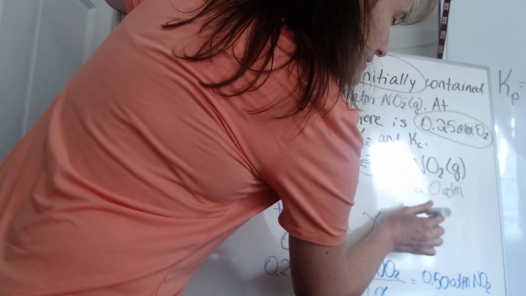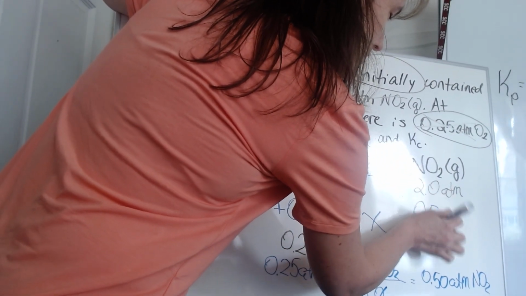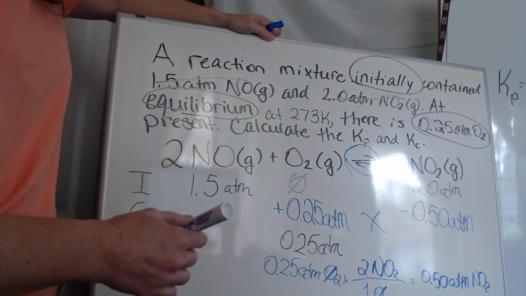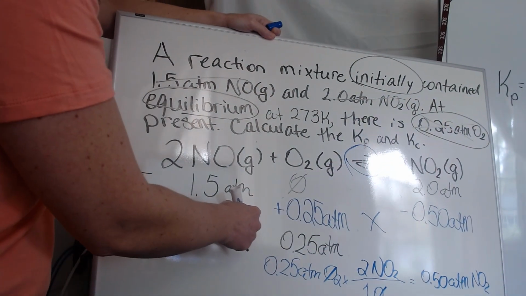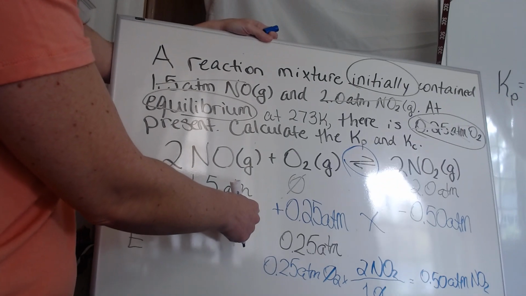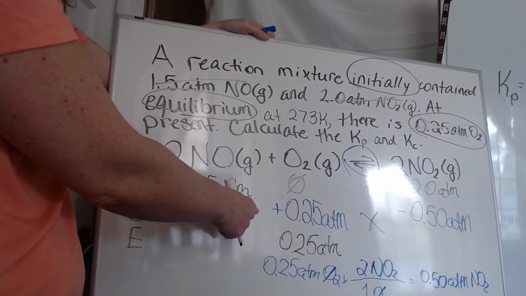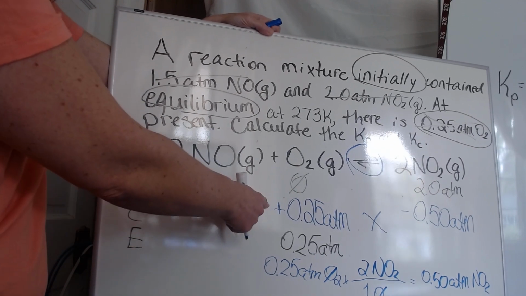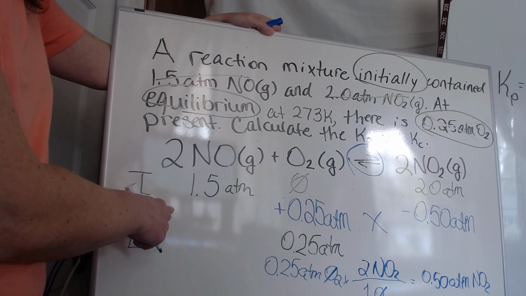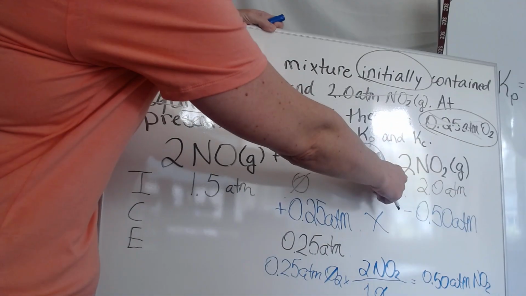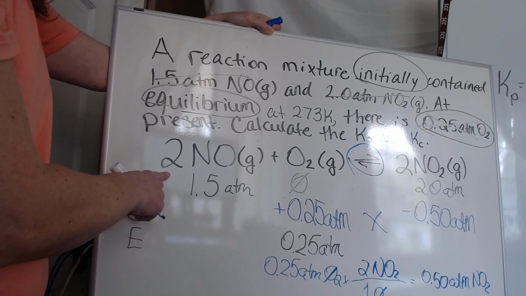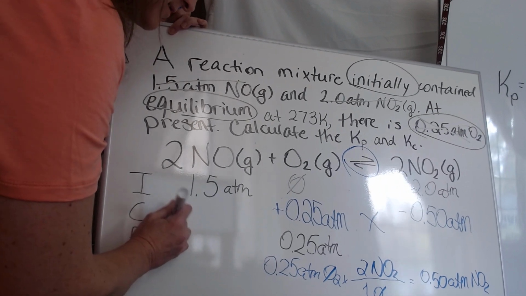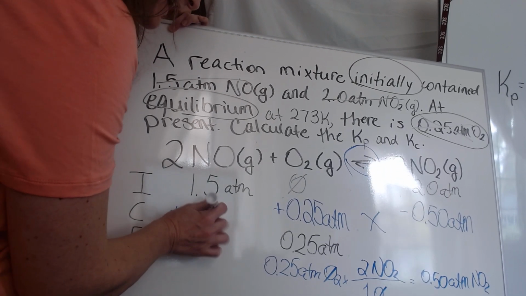So the change that happens for NO2 is 0.50 atmospheres, and it has to react in order to create what's on the other side. The opposite side of the arrow, the opposite thing happens because it's a reaction. The NO is on the same side as oxygen, so if oxygen gets created, then the NO is also going to be created. It has the same coefficient as NO2, so the same change happens. And so we are going to create 0.50